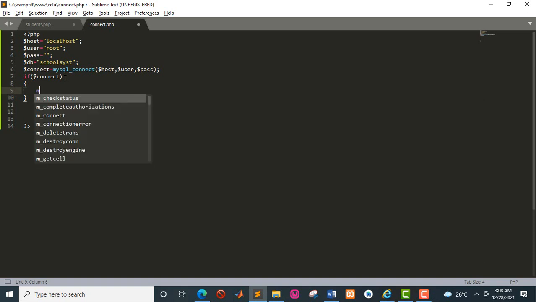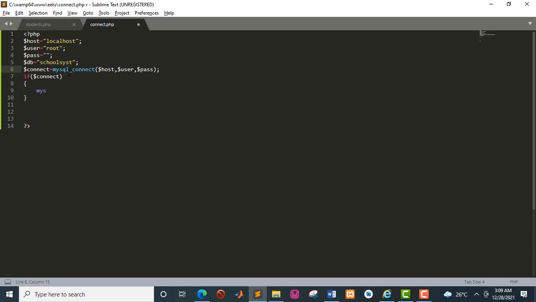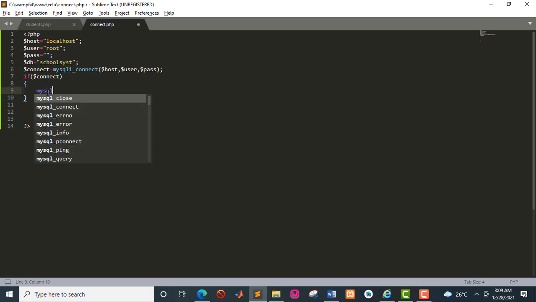So we use the function called MySQL select, using MySQLi. Okay, so MySQLi select database,